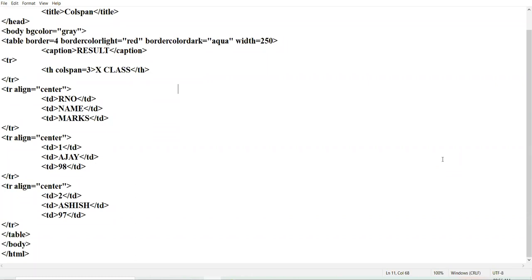Now the color of the top and left side will remain the same. The top border and the left border will remain the same. The right border and the bottom border will remain the same. You will see two colors. Same color for top and left, other color same for right and bottom.